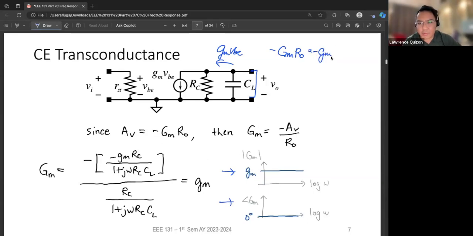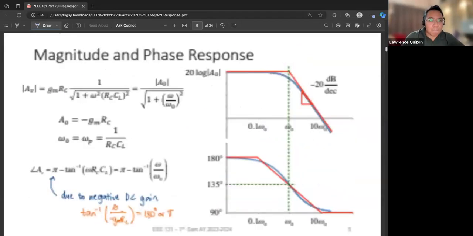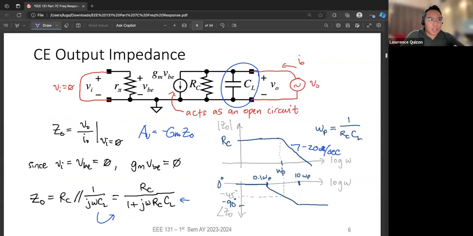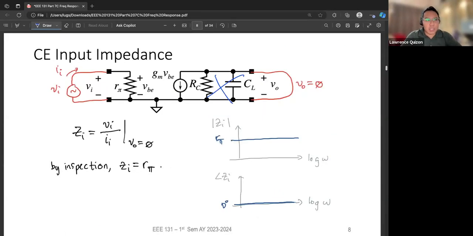And we still get negative gm times RC over 1 plus S RC CL, which is the same as we got for gain. So we can interpret adding the output load capacitance as adding a frequency response to the output resistor and nothing else to the circuit, no? So that's what an output load capacitance or shunt capacitance,